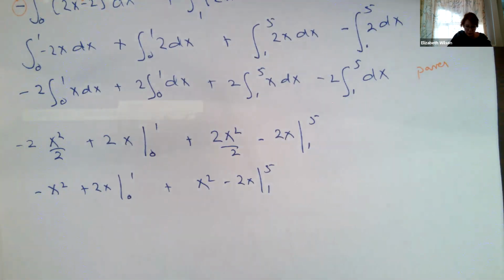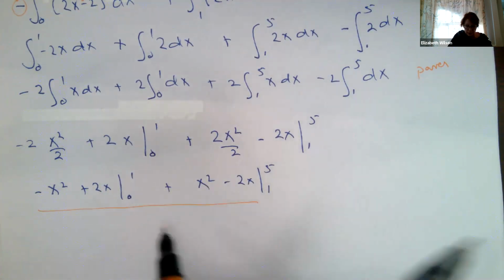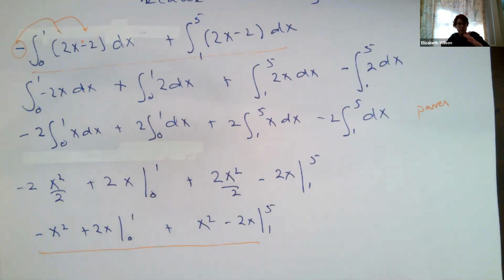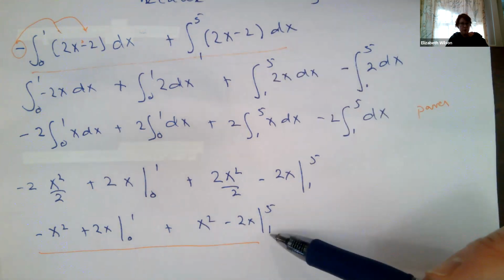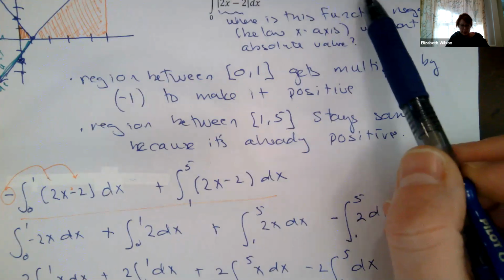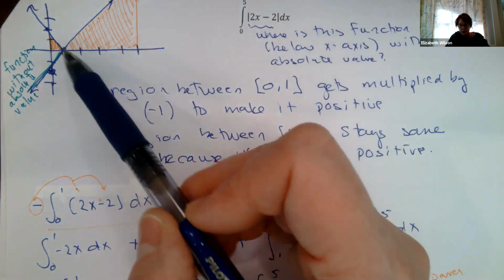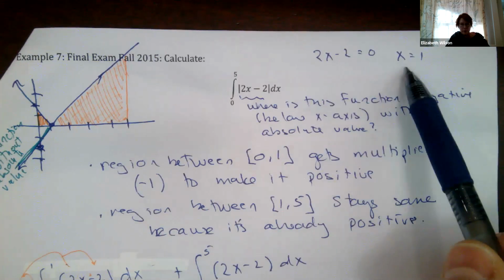By the way, what you need to get full credit is that line and that line. The rest is kind of just general algebra stuff, but you need to show the setup and you need to show what the antiderivative is. You probably need to show that you can identify the regions where it's positive or negative. I did it graphically and sort of algebraically, where I can see where it's going to pass through